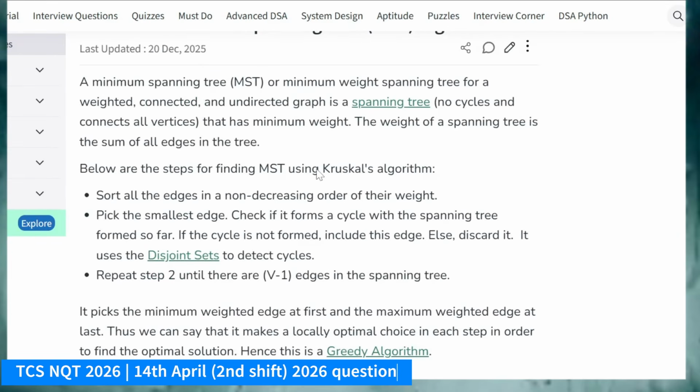Again, I am giving a guarantee that even I have solved some graph based questions. If you solve it now, at least it will take 1.5 hours, writing the code from scratch. Currently I do not have hands-on experience on graph based questions. Even if it came in the exam, I might not be able to solve it, or if I solve it, at least it will require 2 hours.